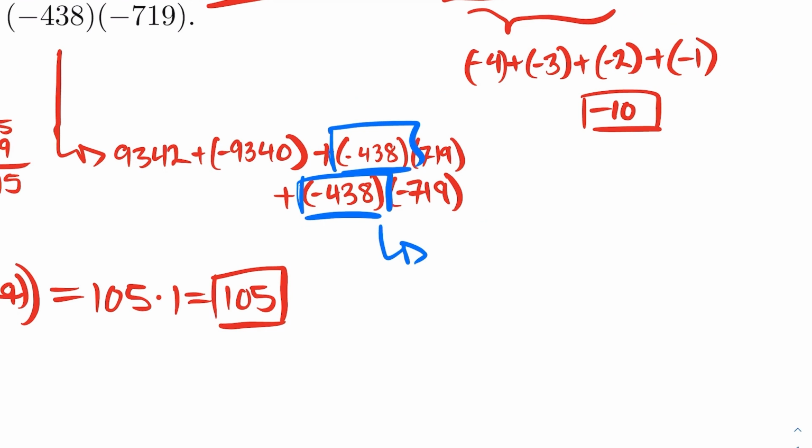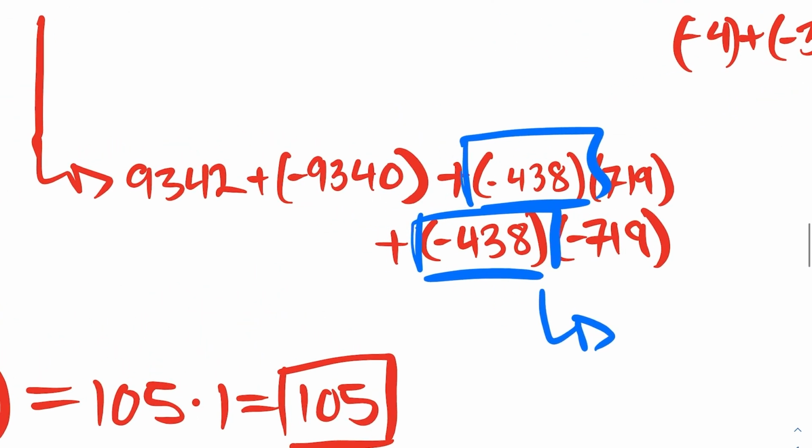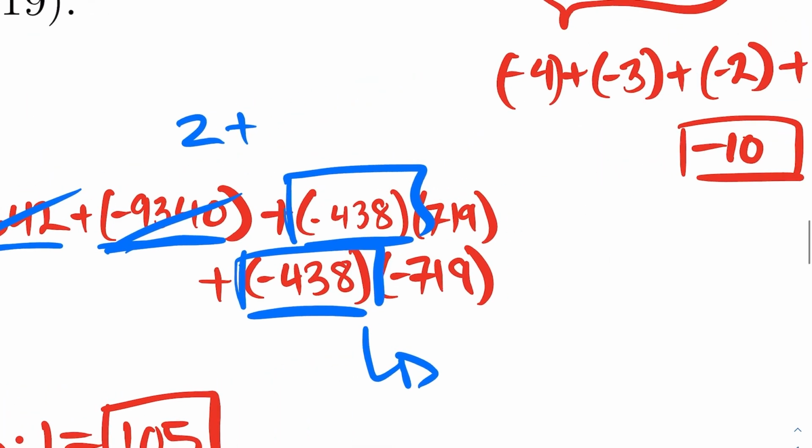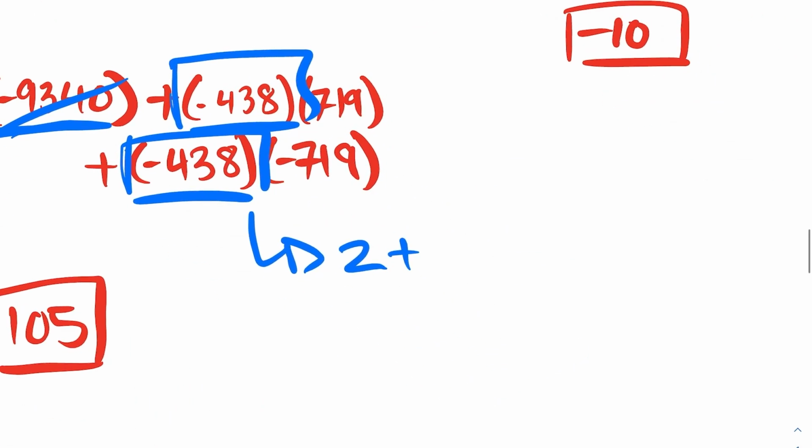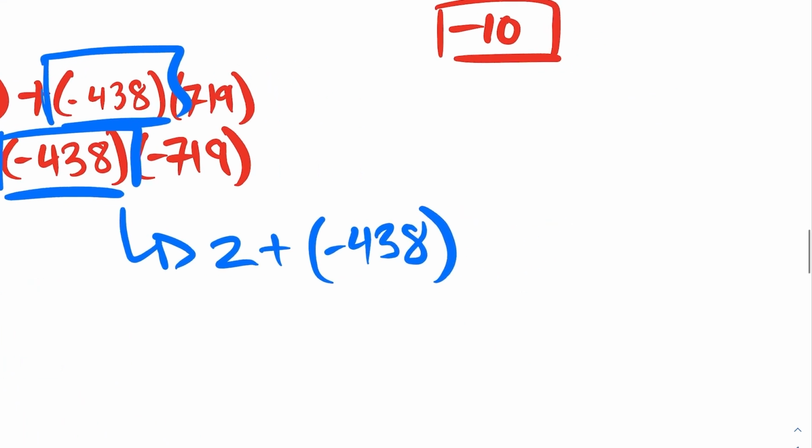Before I factor that out, I'm going to take a look at this. I notice that these are very similar. There's only a difference of 2. So I just mark these out and say 2 plus our new factored form. So I'm going to bring that down here. So our 2 plus our new factored form, which will be negative 438 times